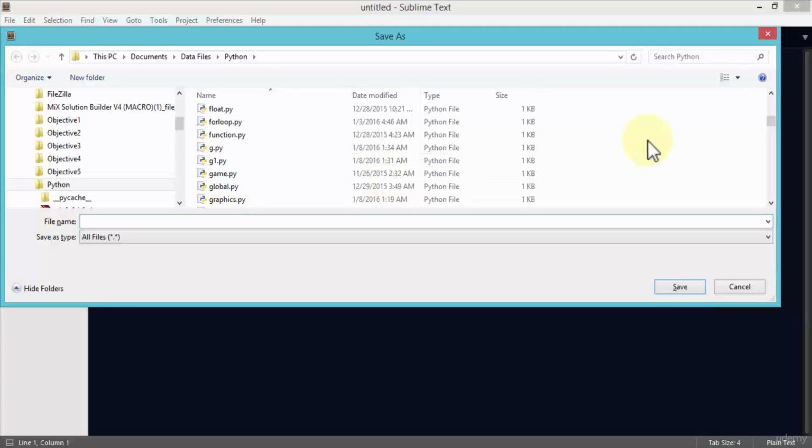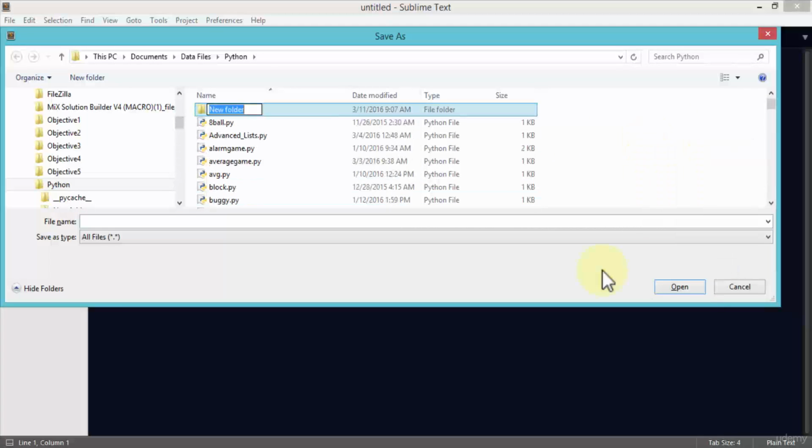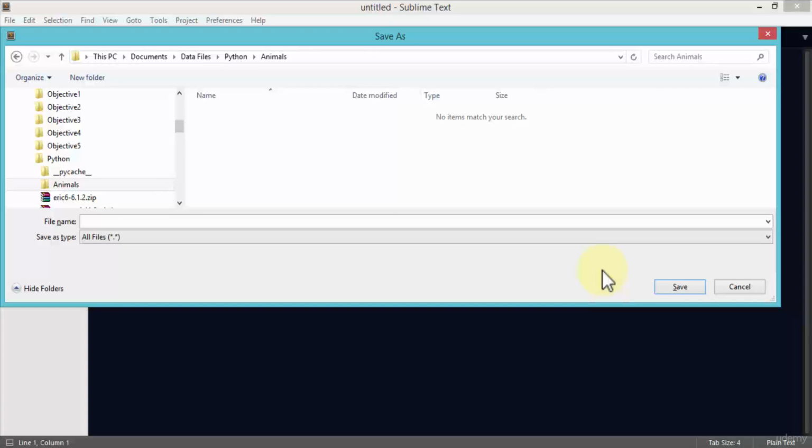So here I'm going to simply create a new folder, and I'm going to call it animals, just so that I can demonstrate the concept of packages. Once I've created the new folder, within this folder I'm going to create various Python programs that contain various classes, right? So within my animals folder right now there is nothing in it, and my first file that I'm going to